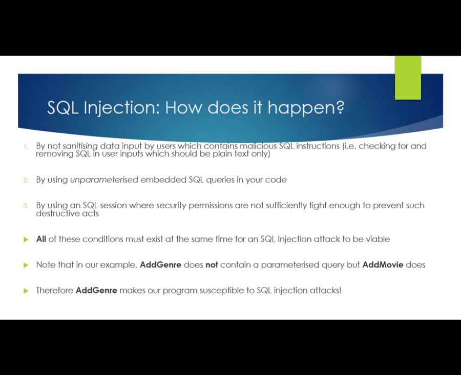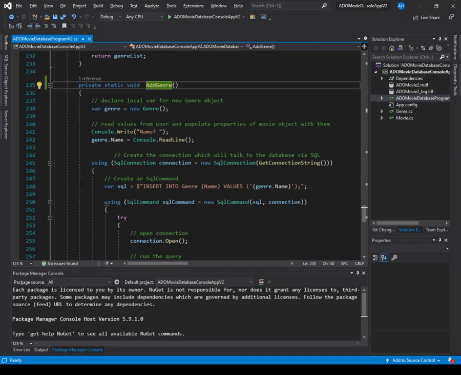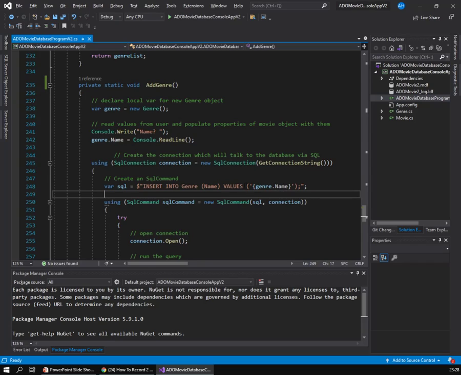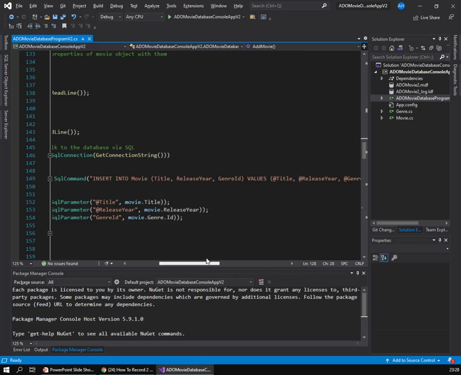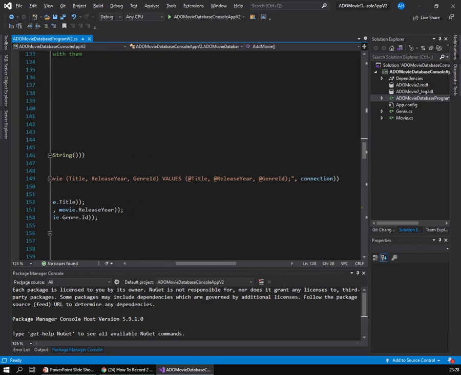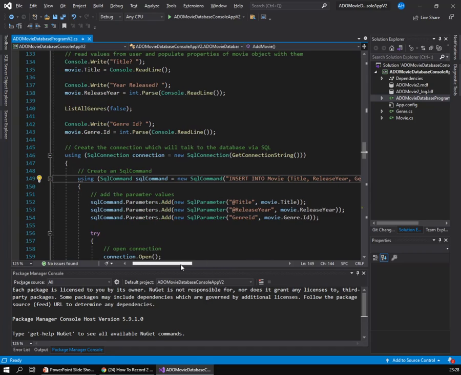So in our example, add genre does not contain a parameterized query, but add movie does. Therefore, add genre is vulnerable to this attack, but add movie isn't. As we can see, if we examine the code again just now, add genre has an embedded SQL in it where the genre name is basically just stuffed in the string in line there, and there's no parameters used to do it. Whereas for add movie, we've got an insert statement, yes, but instead of having the values inserted in line, we're using parameters to pass the values in, which means that this method add movie is not vulnerable to an SQL